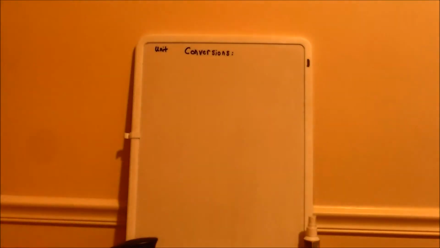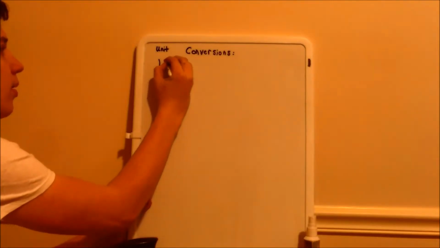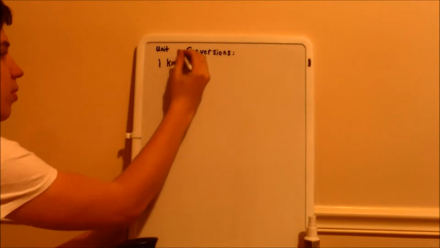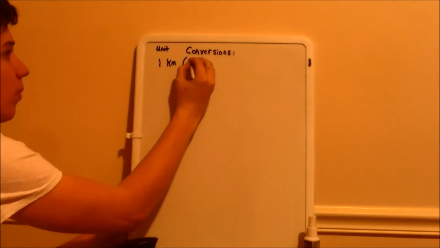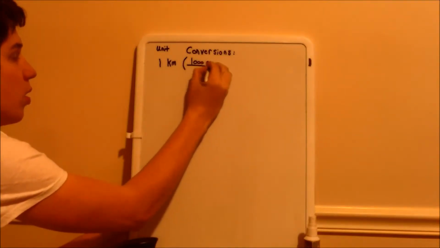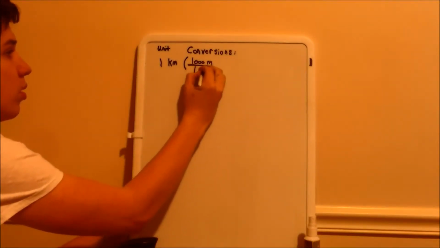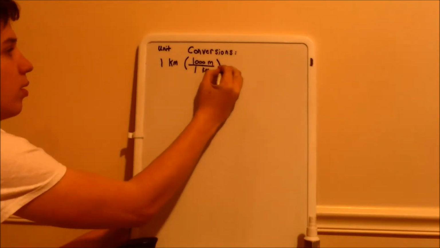Alright, so at the beginning of this video, we're just going to go over how to do basic unit conversions. You can probably find better written guides elsewhere, but if you need a refresher course, this is how you do it. I'm going to start with a basic conversion of converting kilometers to meters. You could just multiply it by 1,000 because there's 1,000 meters in a kilometer, but I'll write it the most consistent way to do it, because this is how you should always do it if you want to always reach the